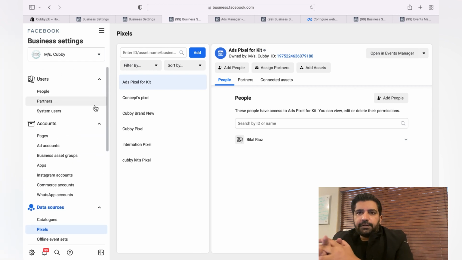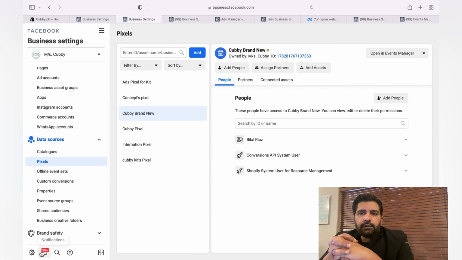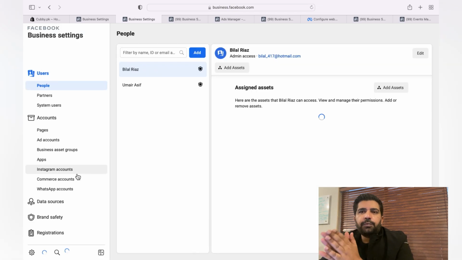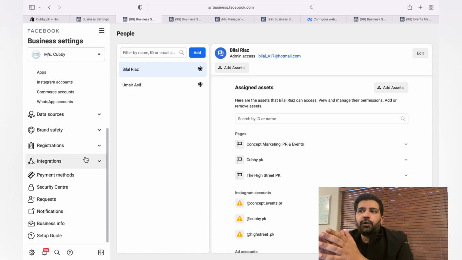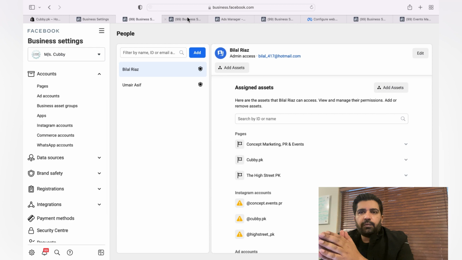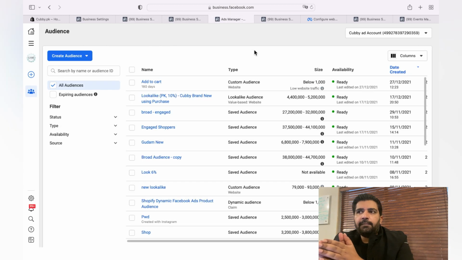It's going to be a larger audience, and Facebook usually likes a broader audience.